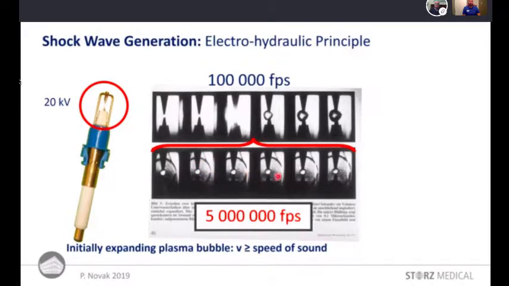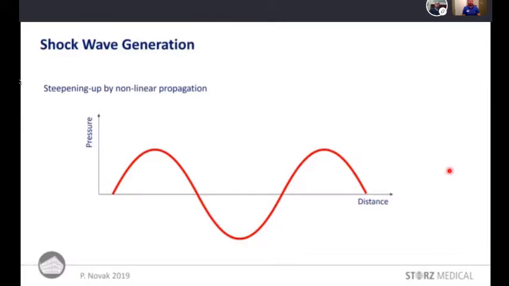And this type of generator is one where the shock wave is generated from the beginning, from the center of these two electrodes. In other devices using different principles shown later, it works a little bit differently. So here, the fast expanding bubble generates the shock wave. For the other devices, it has to be formed by propagation.